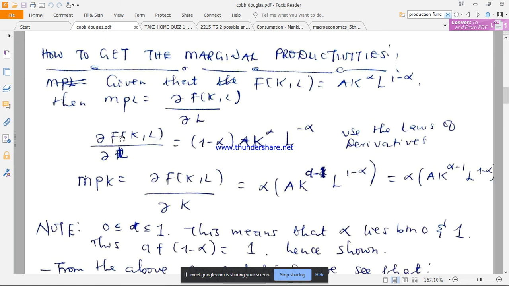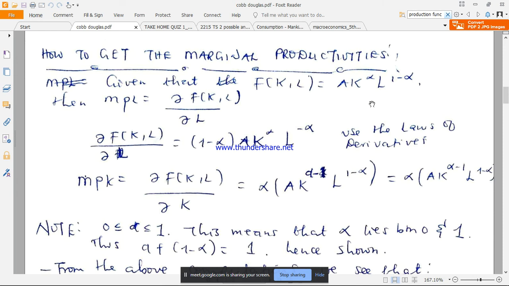It is the same thing. Don't get confused, because don't forget, in mathematics we use relationships. So if I say that y is equal to x, I can say wherever there's x I put y, or wherever there's y I put x. It's the same thing. Okay, so you have that on your minds. So we are saying that the change in this production function due to change in labor will be,